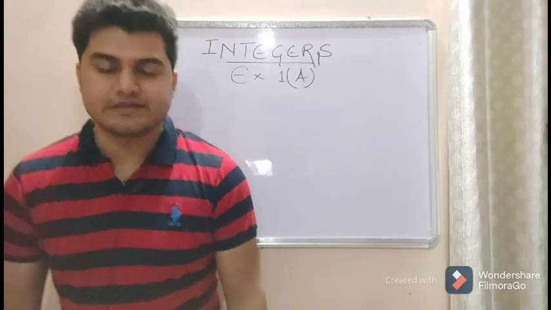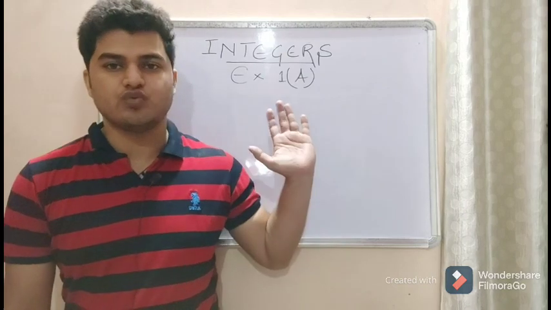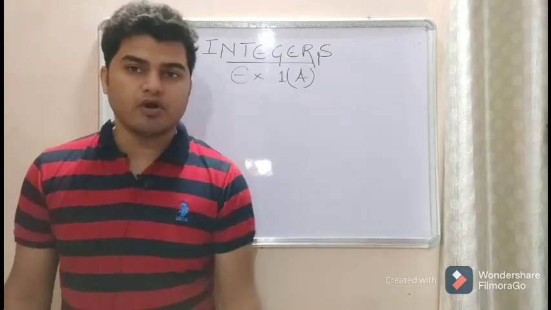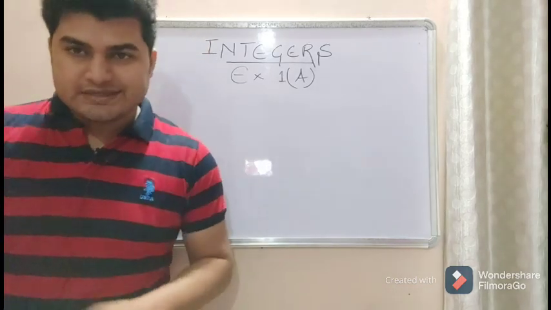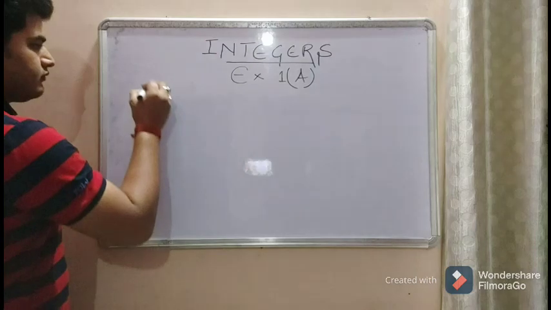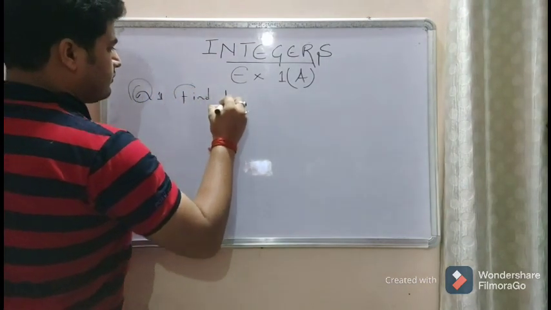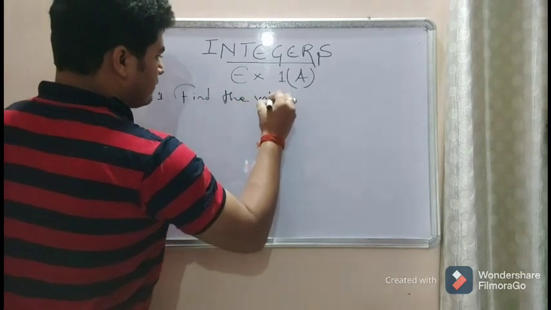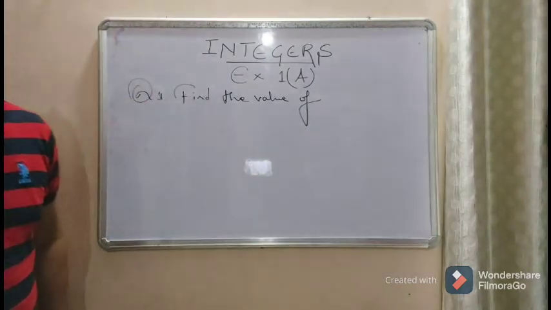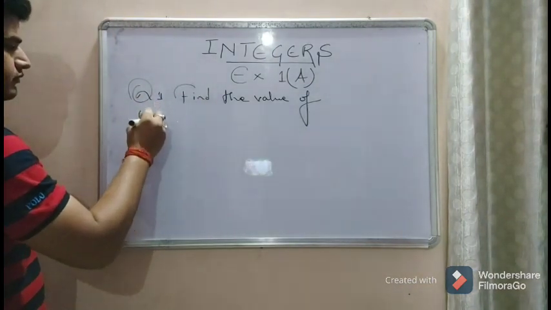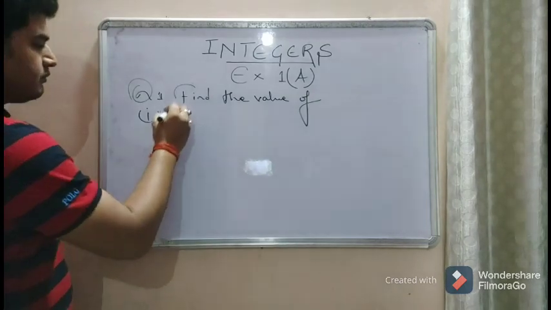Now comes the exercise. We have discussed a lot of things. On those things, there is one exercise, exercise 1A, which is on page number 14 of your book. So the very first question says, find the value of. Like in part first, part A,